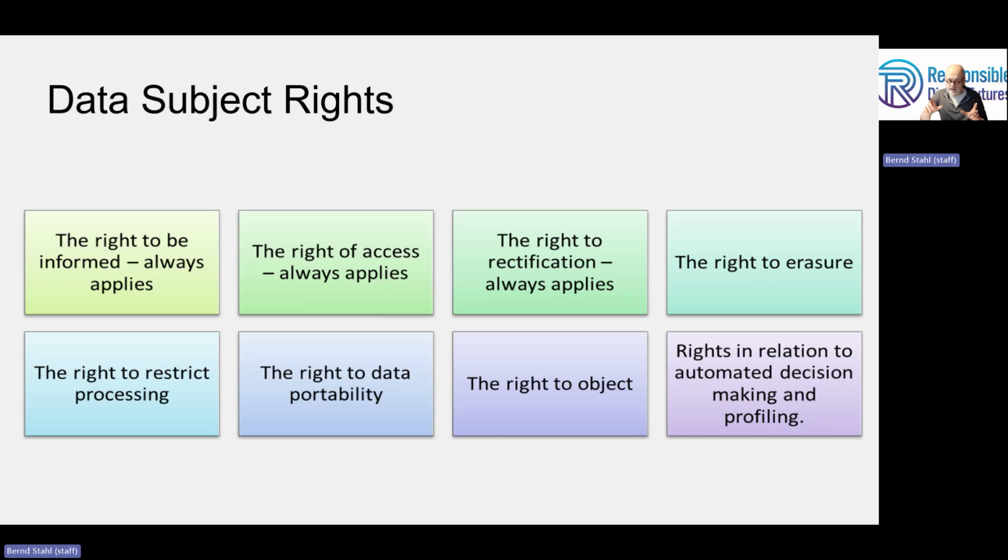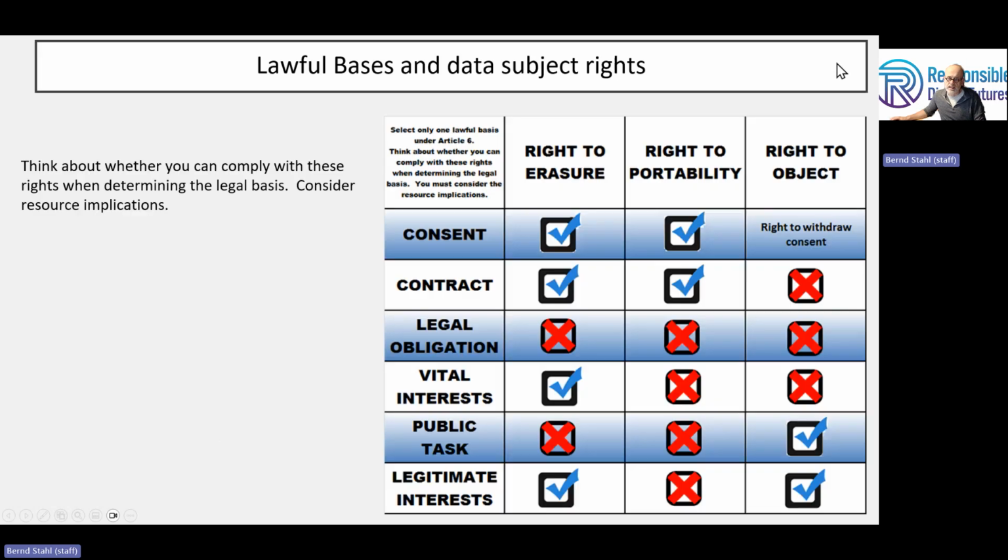Now, these rights, as I said earlier, depend to some extent on the legal basis you use for the processing, as you can see from this slide. So depending on the legal basis, some rights apply or don't. So you see in the first column here, the different legal basis, and then you see in columns 2, 3, and 4, whether the right to erasure, portability, or object applies in a particular case or not. And you can see that there's quite significant